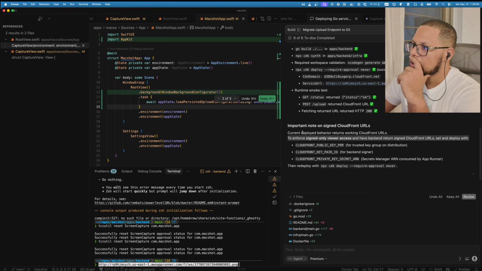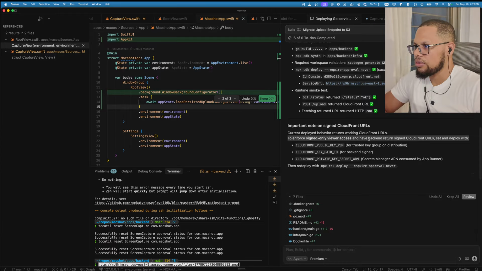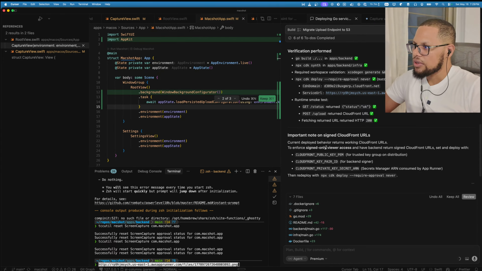Okay, so important note on signed CloudFront URLs. Current deployed behavior returns working CloudFront URLs. To enforce signed only viewer access, and have backend return signed CloudFront URLs set and deployed with